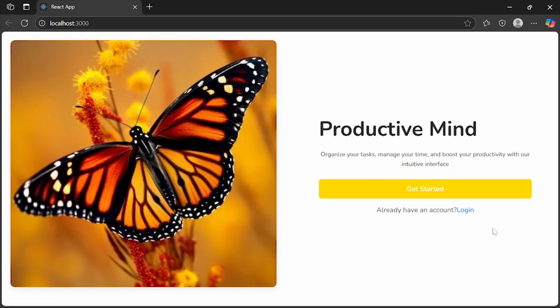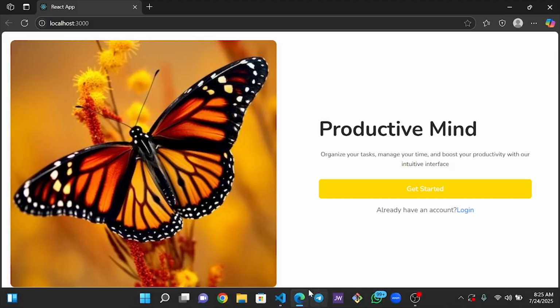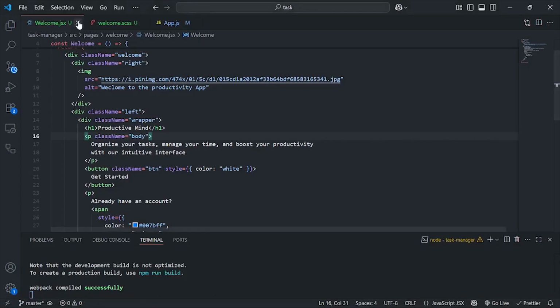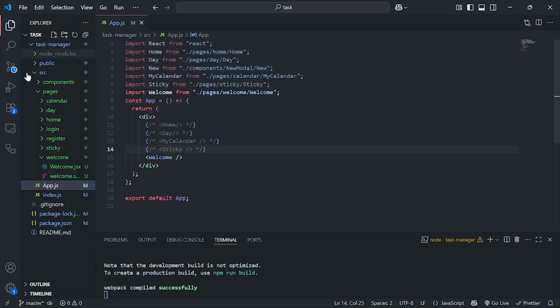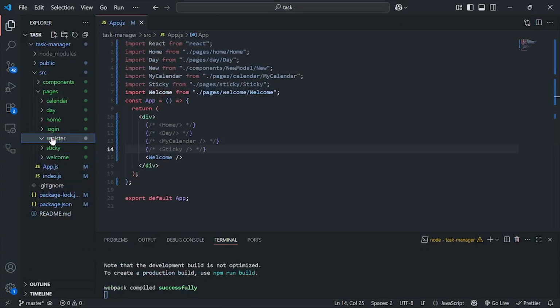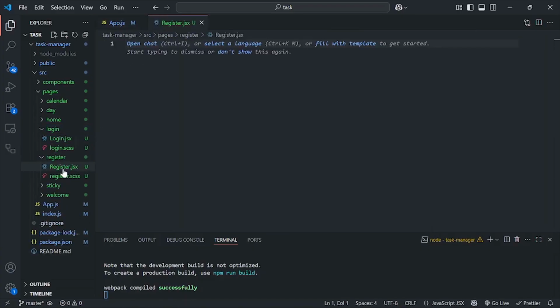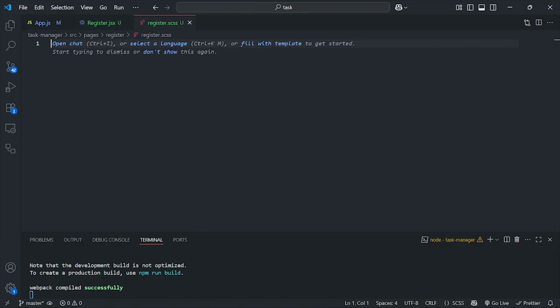So now let's work on our register page. I'm going to go back here, close this welcome.jsx and this. I'll still leave this app.js because I still need them. So now let me open my register.jsx. I'll open this register.jsx and register.scss and close this sidebar. So in my register.jsx, the first thing I'm going to have,